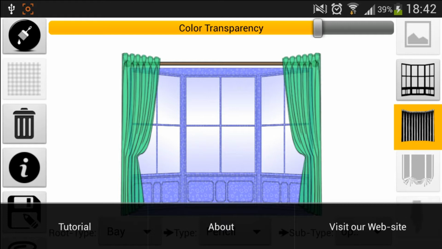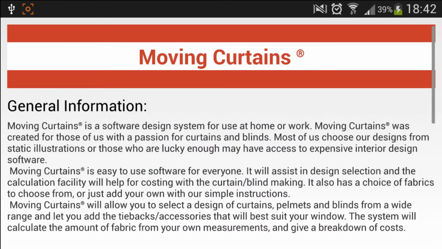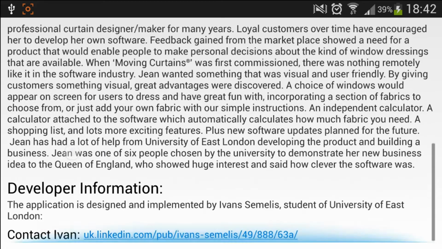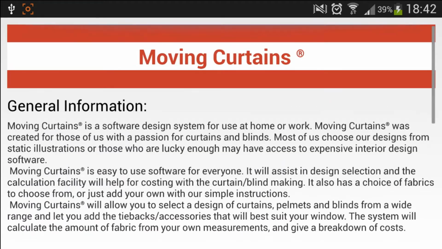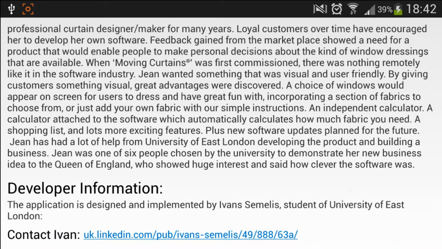When the menu button is pressed, we can see the menu items such as tutorial, about and visit page. So let's click, for example, on about, and it will be information about the company and about developer. When we're done, we can click just back.